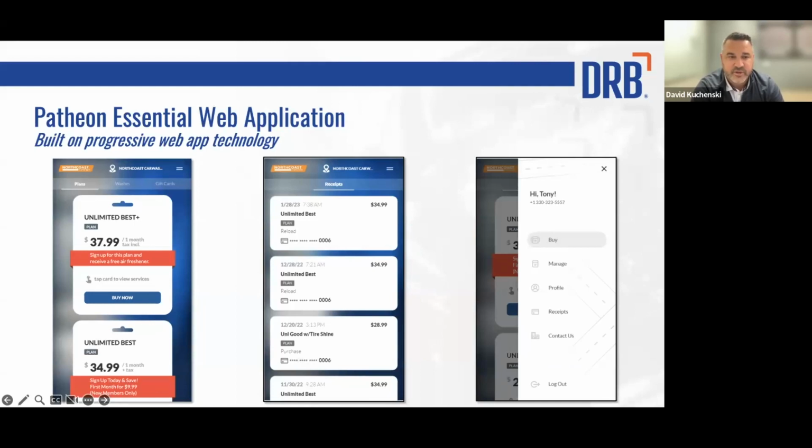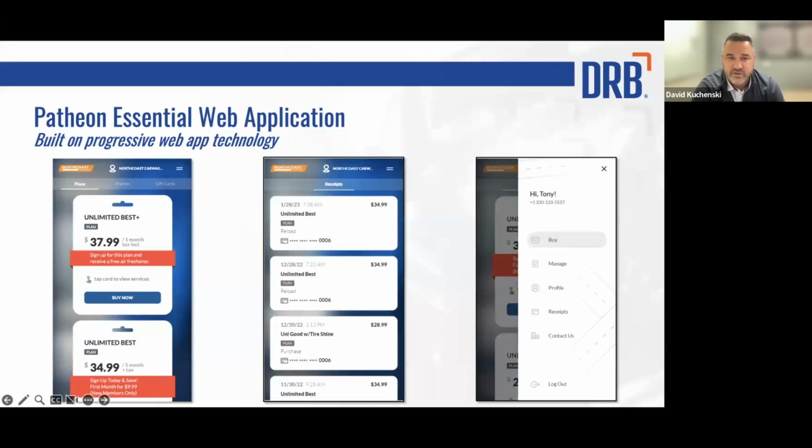The pay-as-you-go wash experience allows you to basically take your vehicle, your credit card, and your preferred wash as a consumer. And we can utilize license plate or RFID to be able to recognize that consumer when they show up. Once we recognize that consumer in the lane, we will automatically bill their card. And so it's really a frictionless type experience for pay-as-you-go type retail users, versus coming in and having to interact with a kiosk or things like that. So really good experience that's digital first, using the progressive web application.